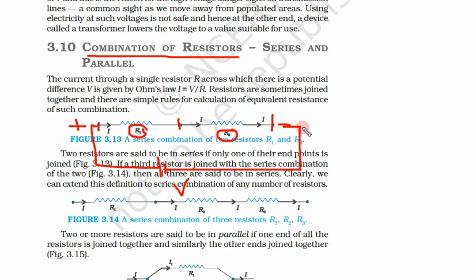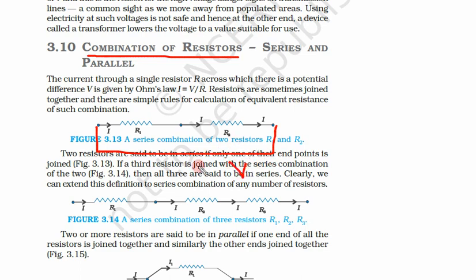The potential difference at these ends is V, and the current flowing in resistance 1 and in resistance 2 is the same, because current has no other path to flow. So the current flowing is I, the same current in the first resistance and the same current I in the second resistance. Now let us see the potential difference. First of all, the total potential difference between these ends is V, maintained by the battery or power source. Now we know Ohm's law, V is equal to IR.